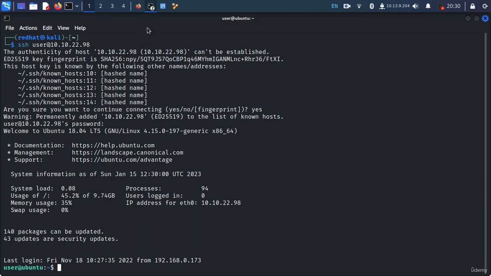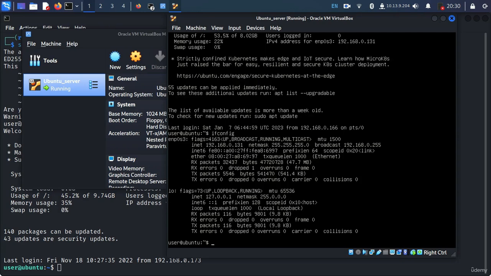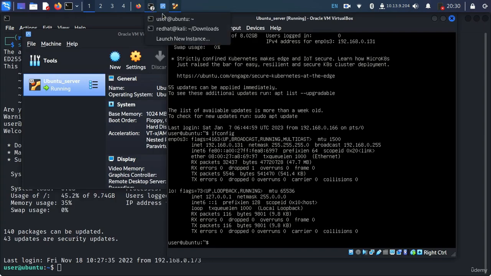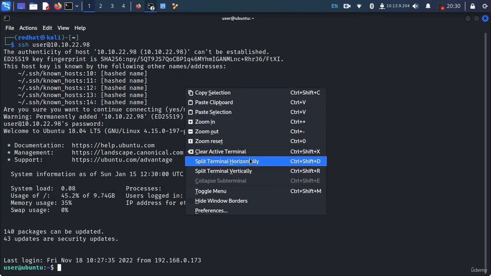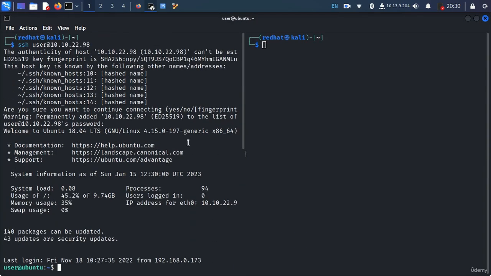So we all know that, but here I'm running another Ubuntu server. Let's try to connect to this server and let's see what happens. Before that, I need to find out the IP. So ifconfig, so the IP is 192.168.0.131. Let me open new terminal and type ssh user at 192.168.0.131. Actually, I'm going to separate this terminal so that I can explain to you how this works. So let me split it horizontally. Okay, now let me connect to this Ubuntu server, ssh user at 192.168.0.131. Now look closely. When I hit enter,